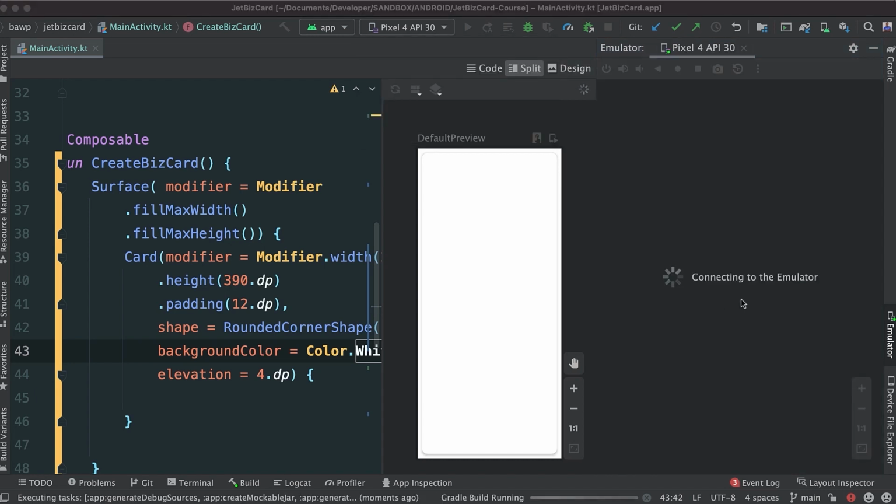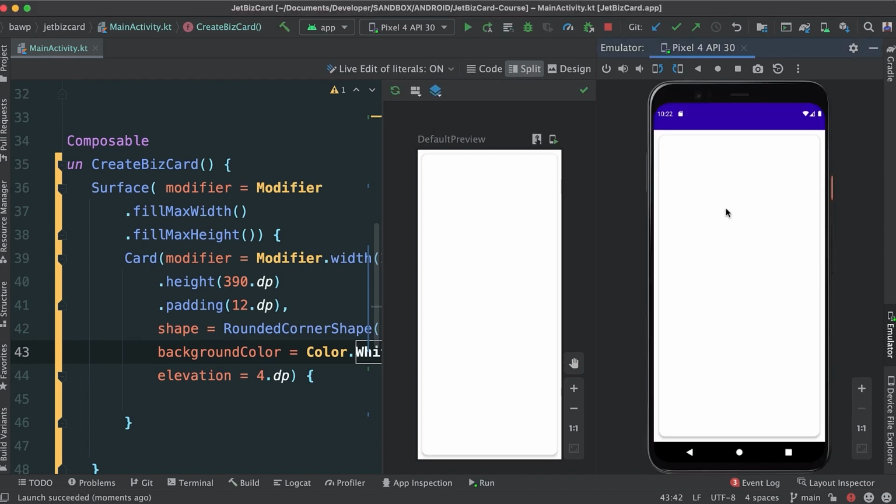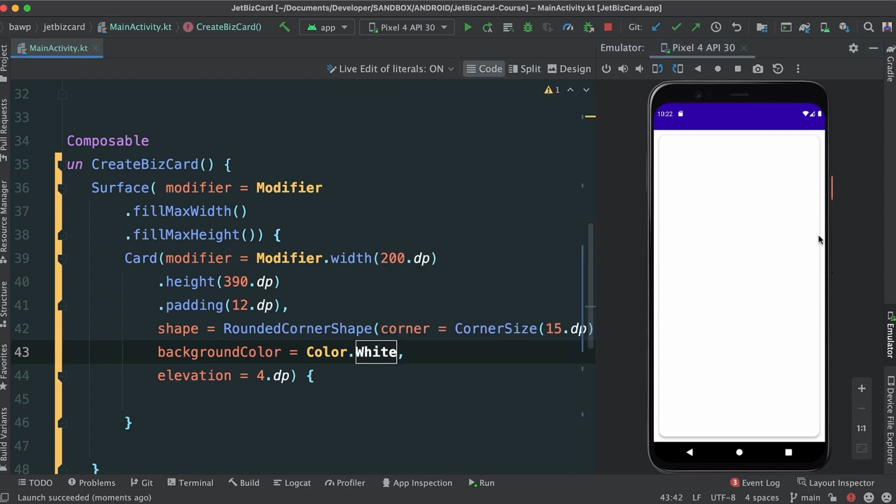Okay, it's connecting. Actually, I should have just waited a little bit until it started connecting. And voila, you can see we have now, I'm going to just close that one down. We have this emulator and you can see it looks really good. We have that nice rounded corner card showing there. Okay, great. So the moral of this story here is I hope you can see how easy things are